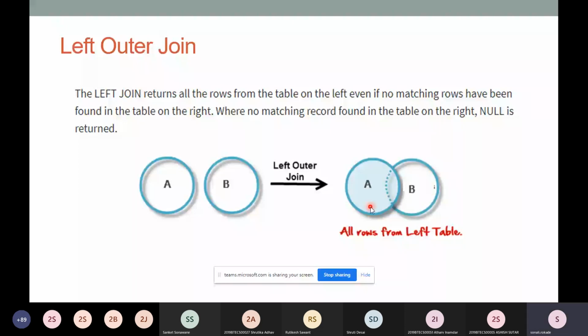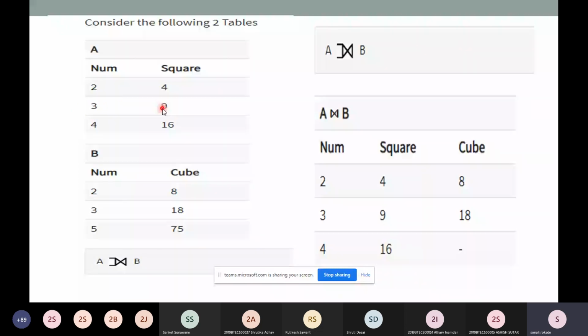After that, let us take an example. These are the two tables, table A and table B. Num and square are the attributes of table A. Num and cube are the attributes of table B. The value available here gets squared, and the value available in the B section gets cubed.